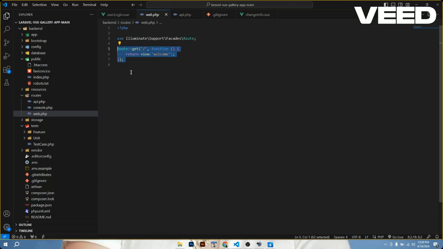Inside the function, it returns the view welcome. This line returns the view named welcome. In Laravel, a view is a template that defines the HTML markup of a web page. In this case, the welcome view is likely a default view Laravel provides in a new project. That's all.